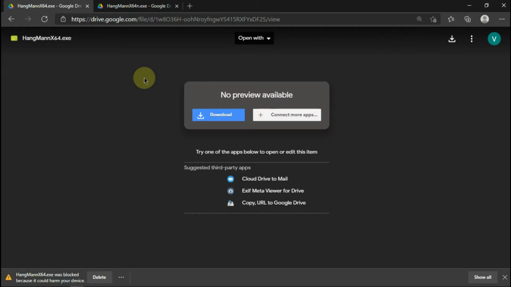You can see the file has completely downloaded. As I have already explained, the game does not contain any virus, but as it is developed by students, it is not published, and that is why the browsers say that it is from an unknown publisher. Just try to find an option to keep the file as I am doing in the video.